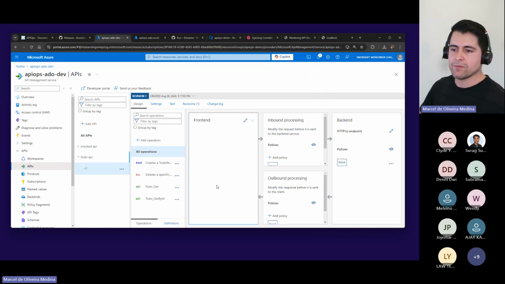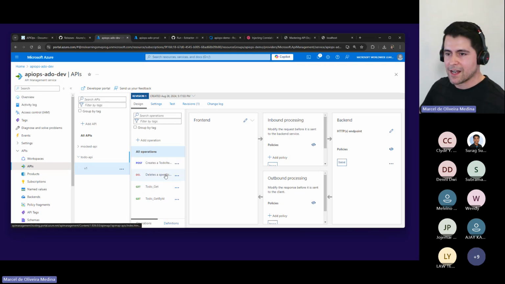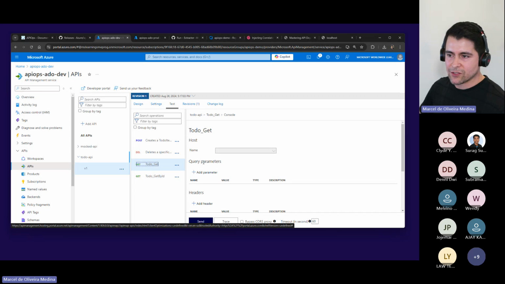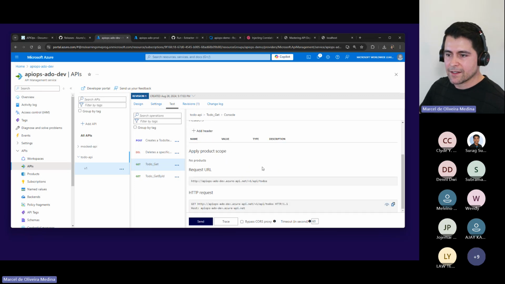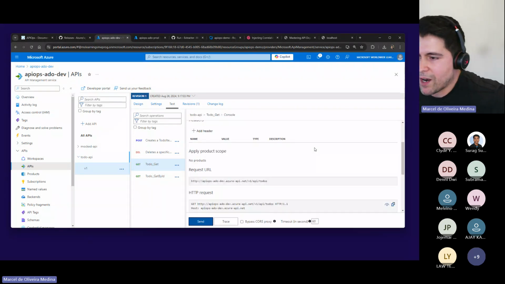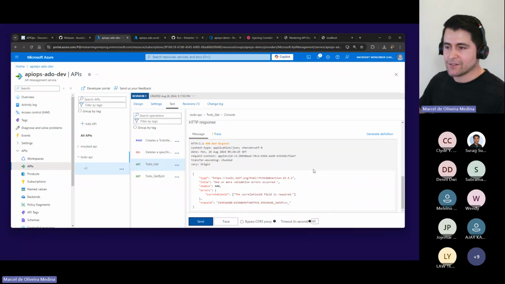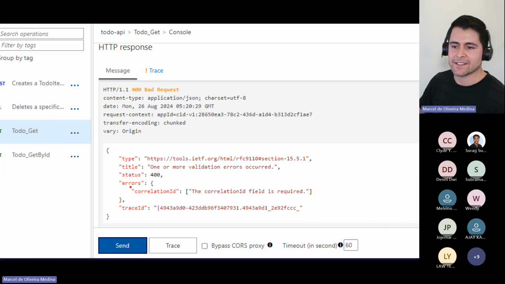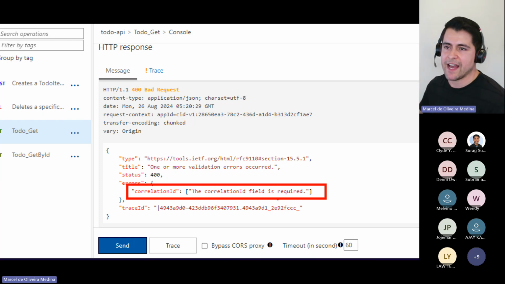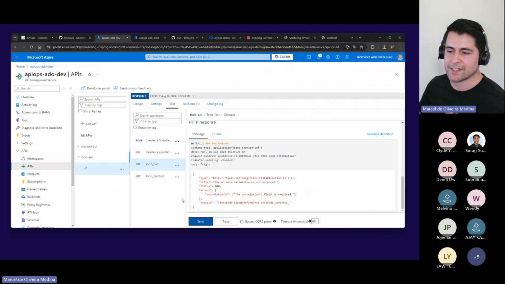So in theory, I could make the request. One of the things I didn't show, but I could just try in here. We have this test tab, and I could do this to do. And as soon as I do it, I'm gonna have a warning. It's more like an error. I'm gonna get this 400. What it says in here is that a correlation ID is required. I'm not providing that. And with that, I basically have this 400 request error, right?